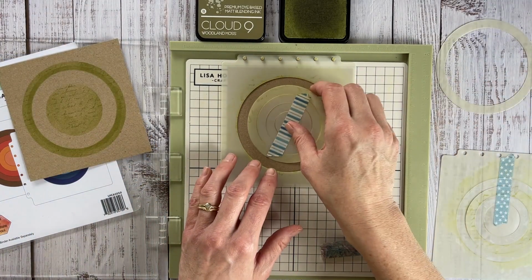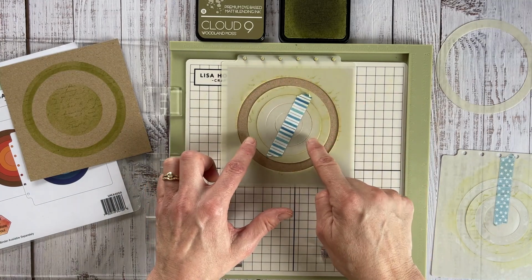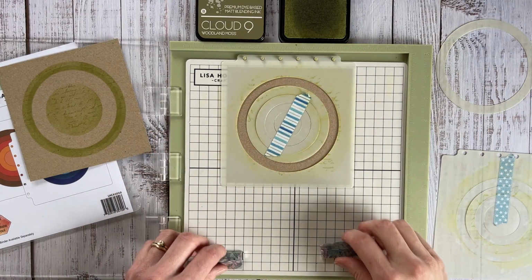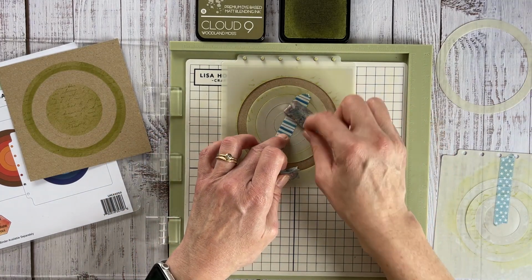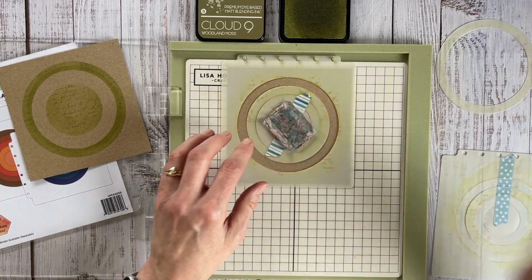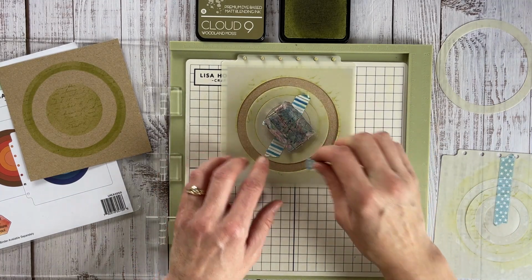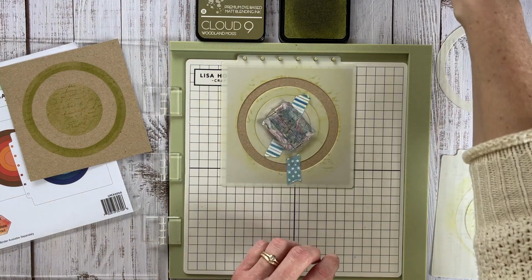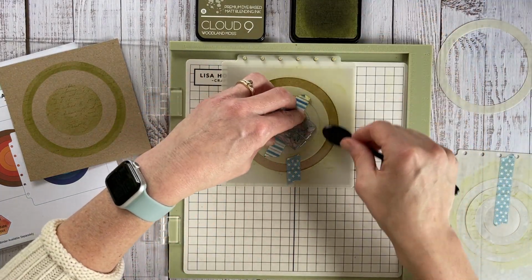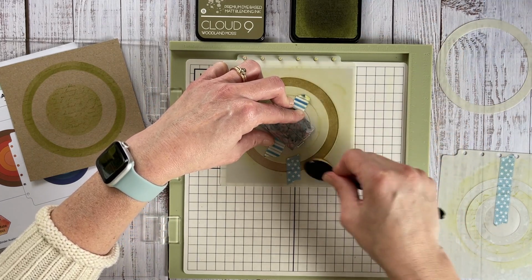So to do this, I'm actually going to leave out one of the layers of the stencils and mask the centre. And again, for this, you'll need your magnets again, just to hold that in place. Or if you want just a little bit of tape, perhaps I'll show you the way that we do that. We just put one bit of tape there, moved around. Although the magnets are holding that in the centre there, I do like to just keep a finger on that, just to keep control of